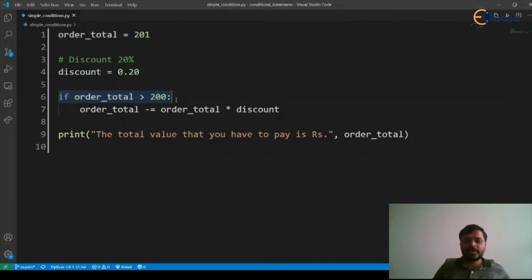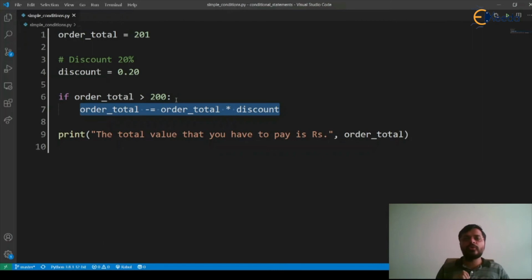When the condition order_total greater than 200 is evaluated, if the result is true, then only the block of code inside this if statement will be executed. Here I have one line, but it can have more than one line, which you want to execute only if that condition is true.